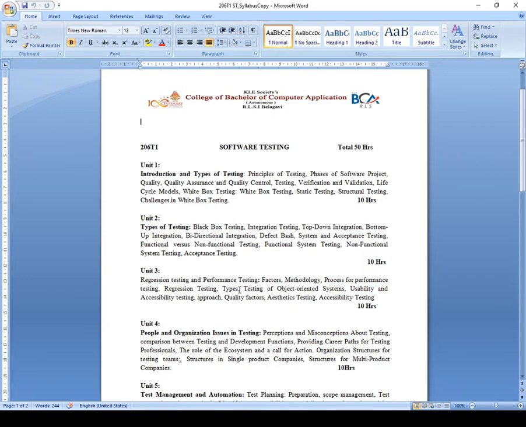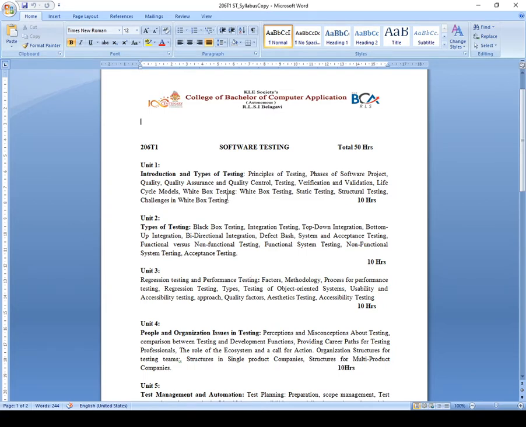In this you will be learning the testing principles and phases of software project quality, then quality assurance, quality control, and verification and validation testing. Then life cycle models and mainly white box testing, where you will learn static testing, structural testing and some challenges in white box testing.